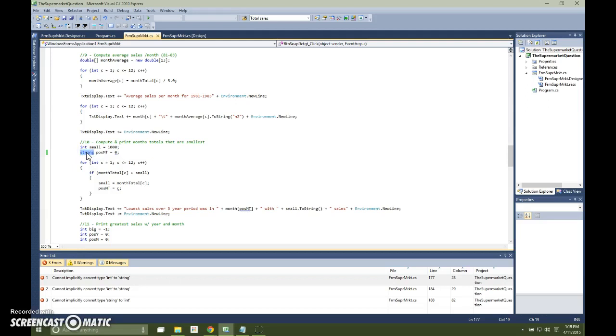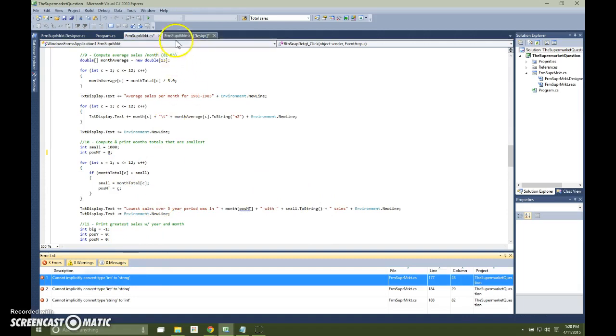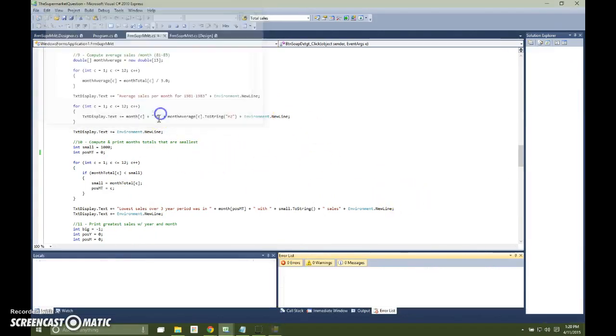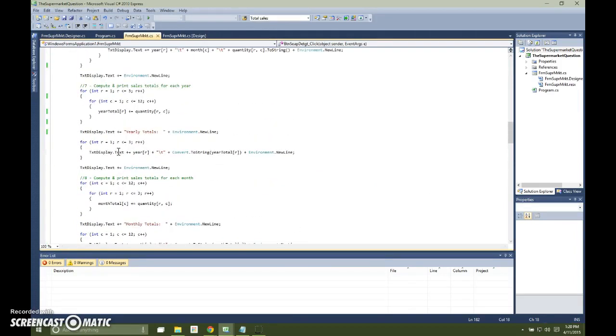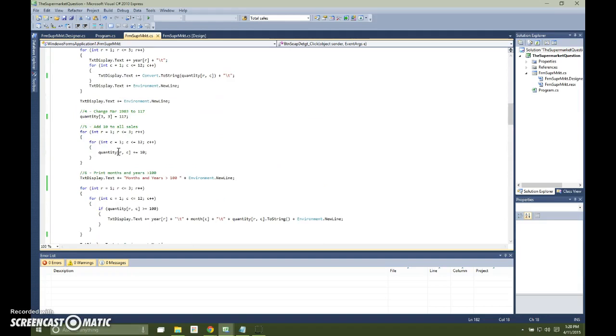So that's the big thing we're going to go over today: how to be efficient in debugging and how to solve that problem. I'm just going to quickly go back here and change that back into an integer. I should see that these errors are now gone. There we go. So, a proper way to debug is by using